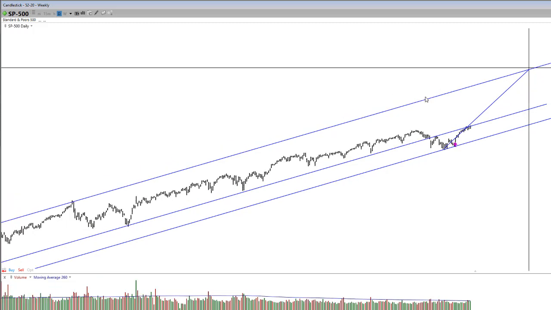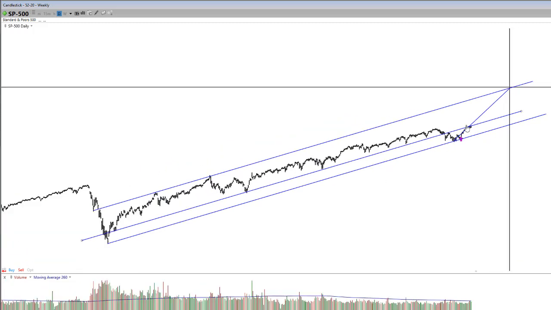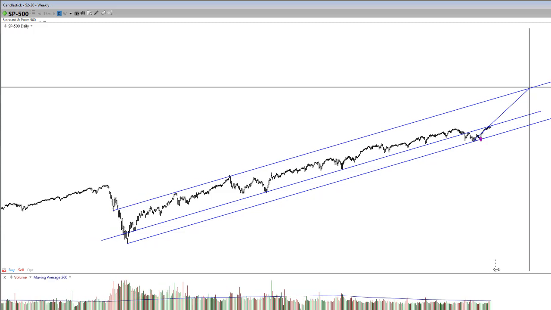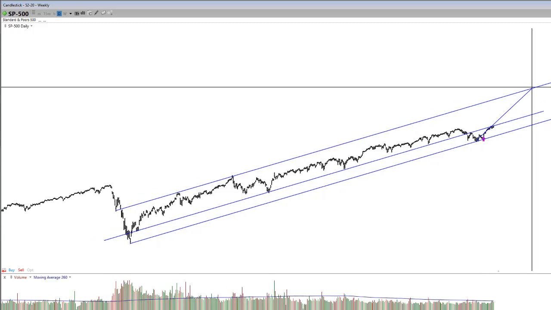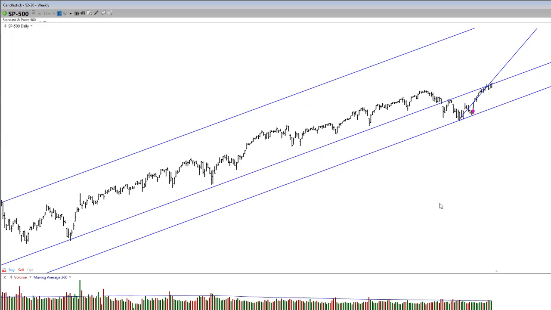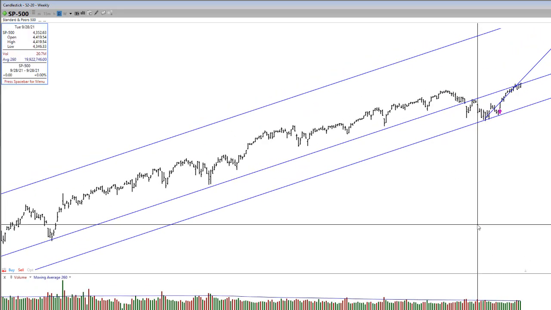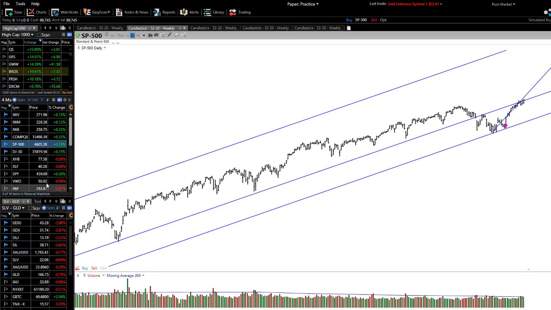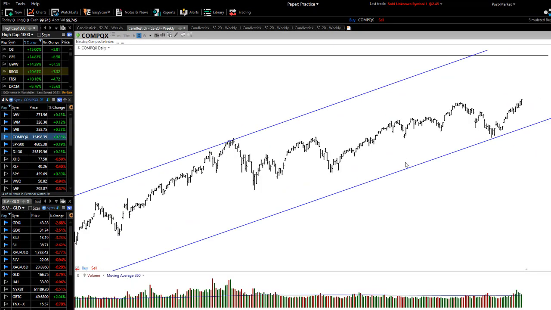And that also goes inside of this major sort of channel. So it looks like towards the end of the year, we have a very good high probability chance, if we continue this slow move to the upside, of hitting 5,400. Now, if we somehow just come out of the gates and we're like, woof, away we go, then this thing would end up at 6,000. So that's what we're looking at there with the S&P 500. Really exciting stuff. Let's actually look at the Nasdaq now. And then I want to share something awesome with you when it comes to the Dow Jones.